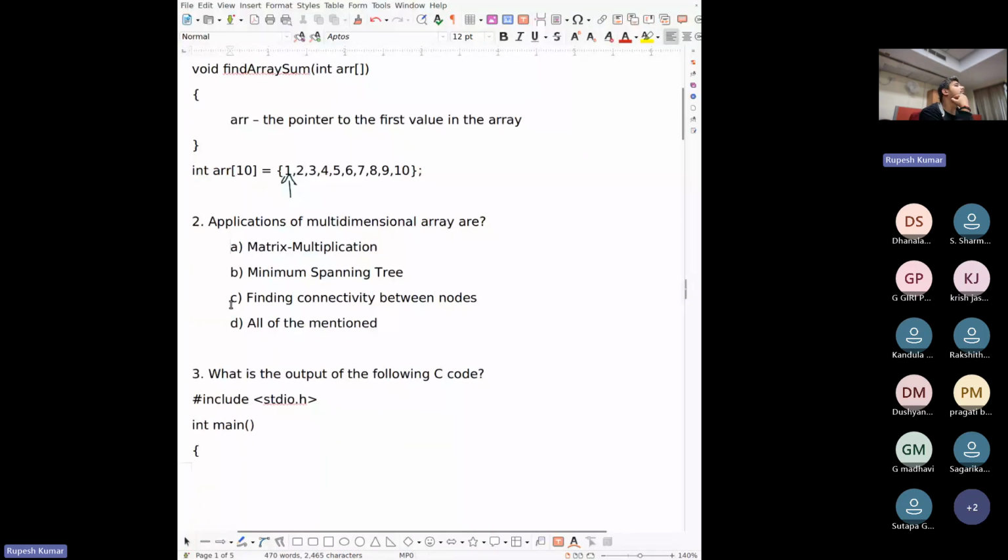So let's move on to the second question. Application of multi-dimensional array is? Everyone, are you familiar with the concept of multi-dimensional arrays in C? Please type in the chat box.